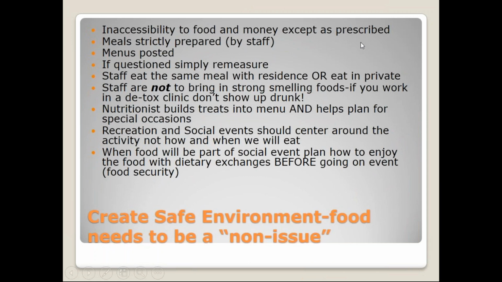Inaccessibility to money and food except as prescribed. I'm not doing that to be mean. Remember, if I'm a drug addict and I know that there's heroin or $100 in the kitchen, I'm not going to be able to sit here and do a presentation on Prader-Willi syndrome. Same thing with a person who has Prader-Willi syndrome. If they know there's food or money in the kitchen and you're asking them to learn a new skill, they're not going to be focused on the skill. So if we make it a non-issue, if I'm a heroin addict and there's no heroin anywhere in this whole county and there's no money in this county, I'm going to be able to give you a presentation, okay?